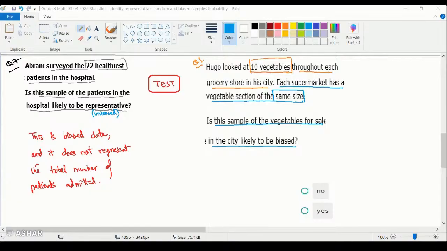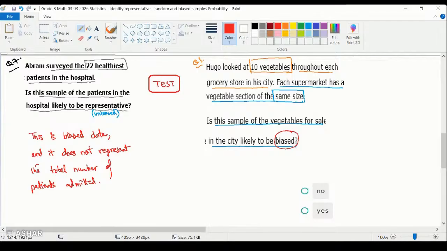He is looking at the same quantity of vegetables as well. The question is using the word biased. Biased means